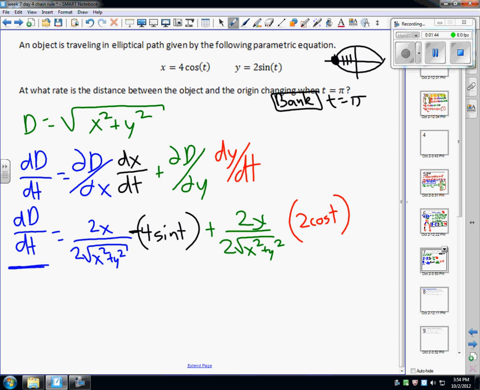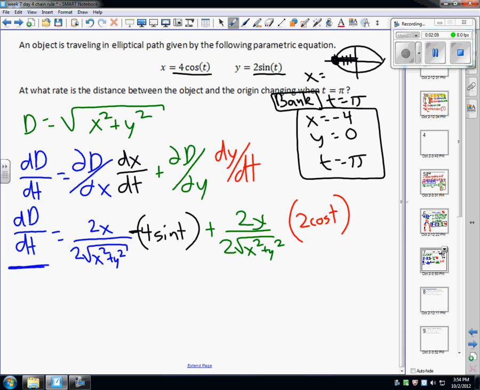Okay. So right now, at that moment, x equals -4, y equals 0. If you want, you could get that straight from this part. Okay. So x is -4, y is 0, and my time is pi. So with this kind of bank, I can plug all that stuff right into here. Okay. So if I want dD/dt when t equals pi,